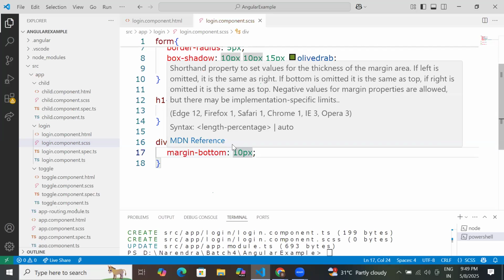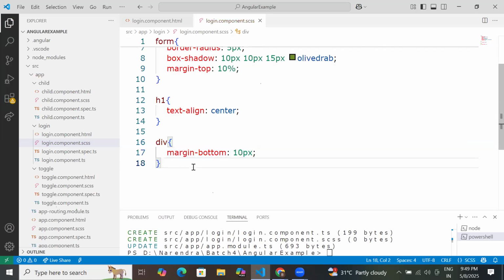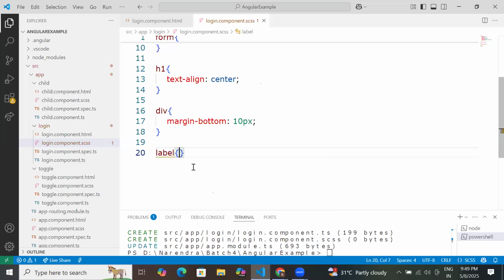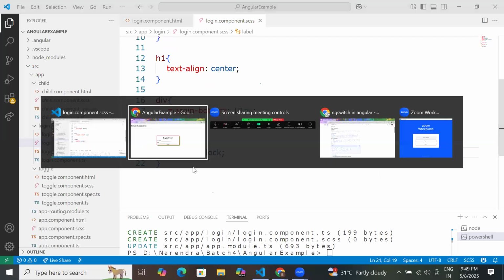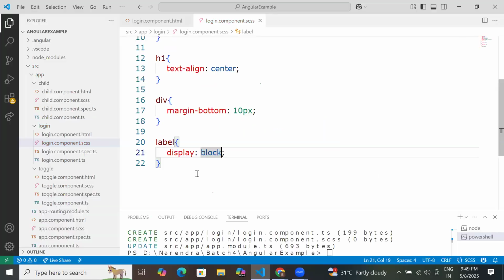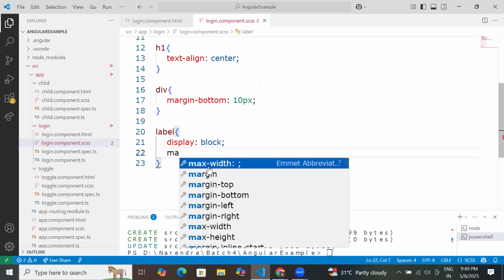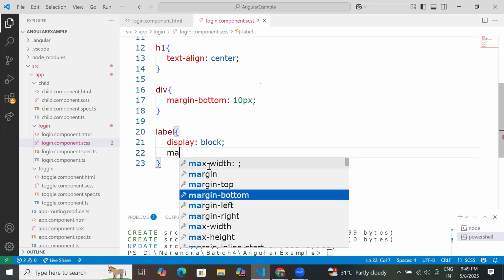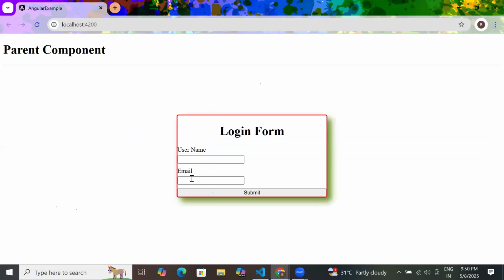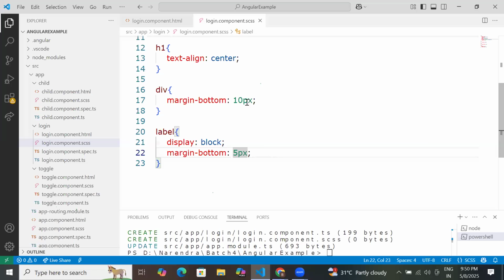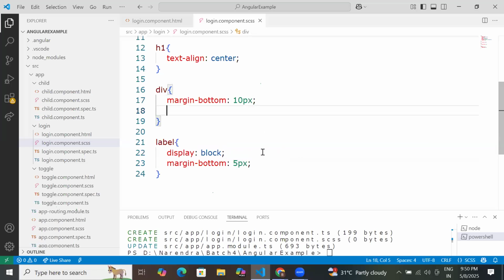And then I can say label display block. Now it comes in a block. Flex is different. Okay. And then I can say margin bottom 5 pixel. You got the space? Right. Yes, sir. But here in the div, you need to give